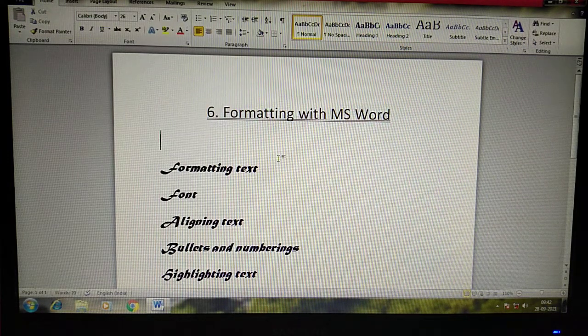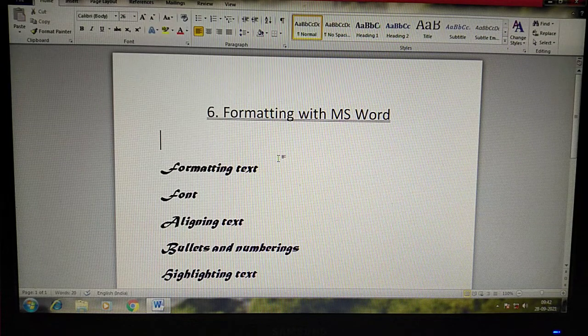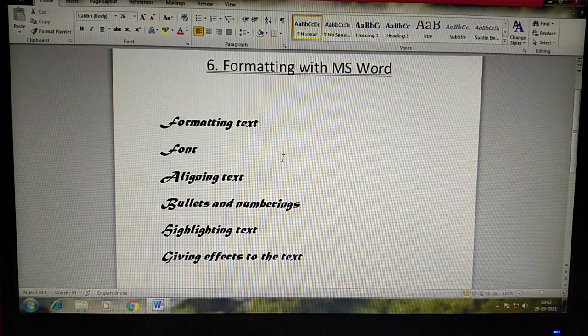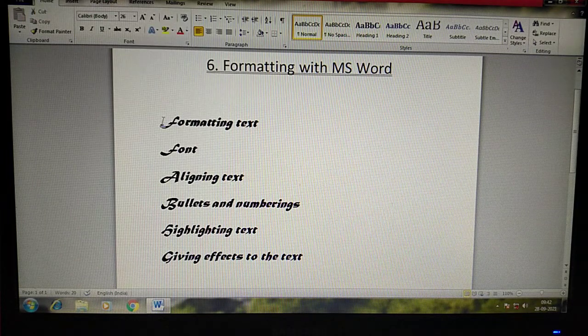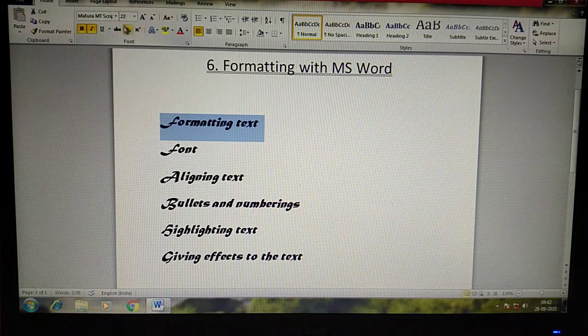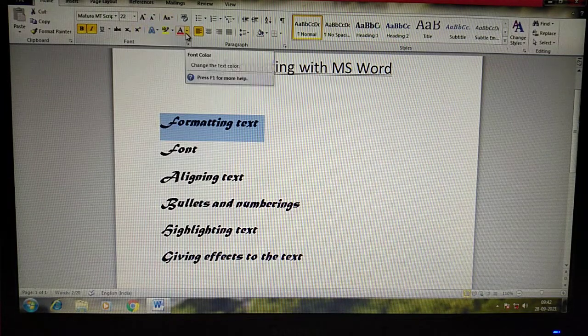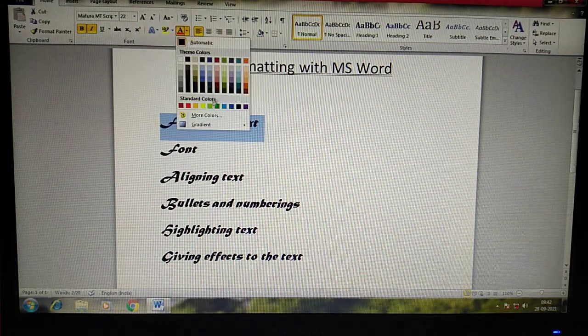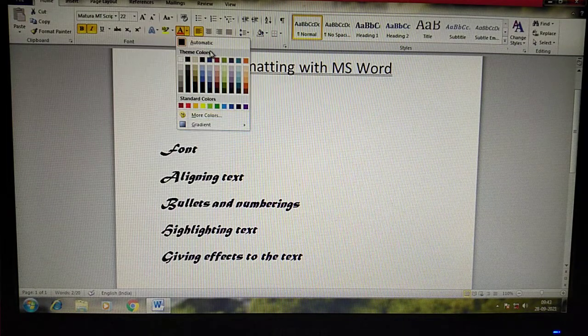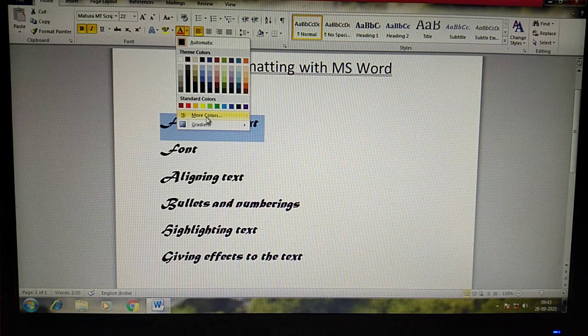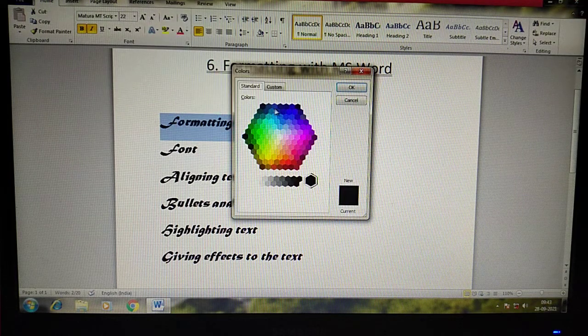Okay. Next, changing the font color. Now it is in which color children? It is in black, right? I need to change the font color for my text or my document. Go to the font group only. In this, click on the arrow mark. Yes, here we have theme colors and standard colors. Even we have more colors also. We can select which one we would like to give the text.